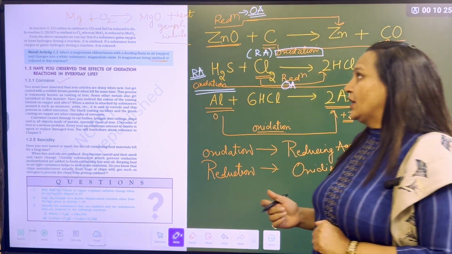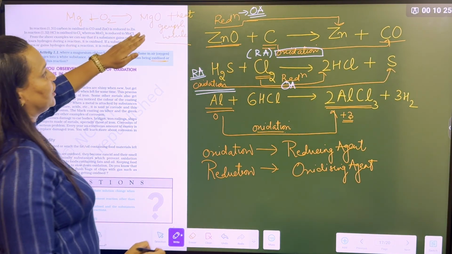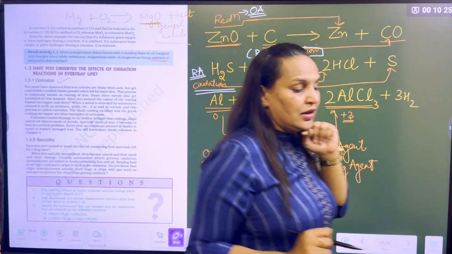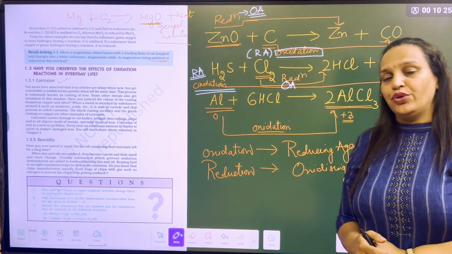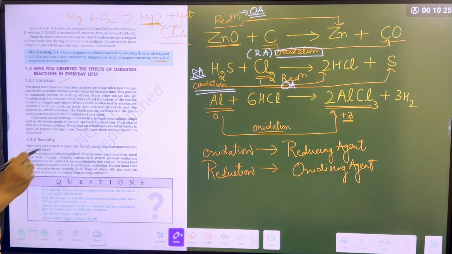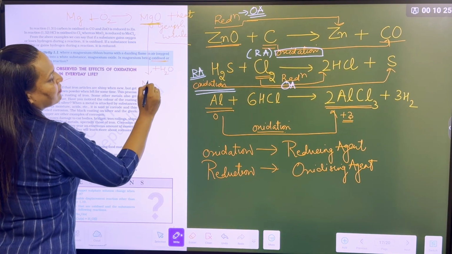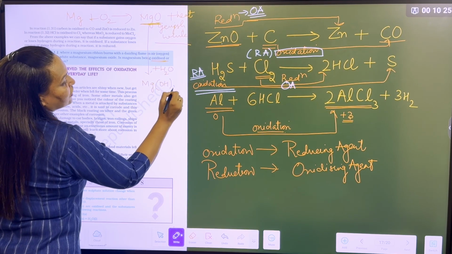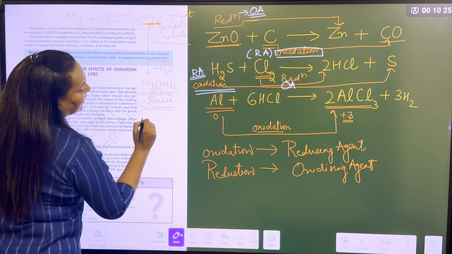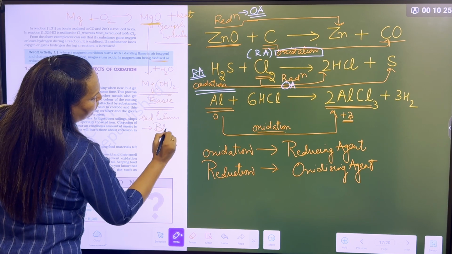Okay, one more question. Is magnesium oxide acidic or basic in nature? It is basic in nature because it is a metal oxide. When there was COVID time, first semester was fully MCQ, so they asked this question. Magnesium oxide is basic in nature. So when this ash powder is dissolved in water, what does it form? Magnesium hydroxide. So it is also basic, alkaline in nature, which turns red litmus paper to blue.